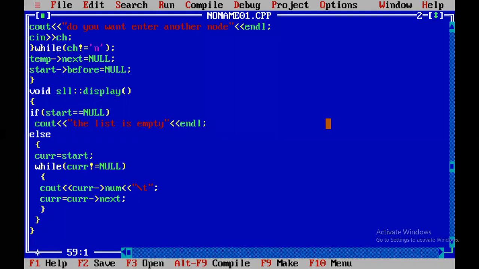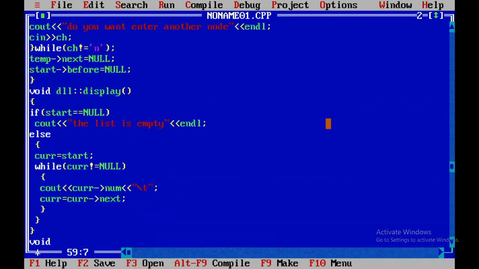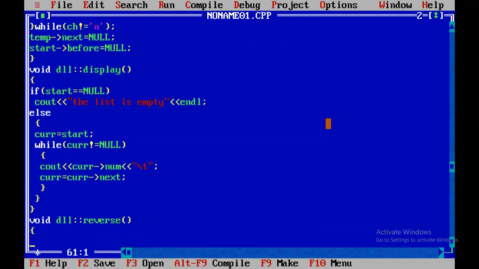Then we go for reverse. Void, not DLL, see SLL, DLL. Void W linked list. Class DLL W linked list, colon reverse.